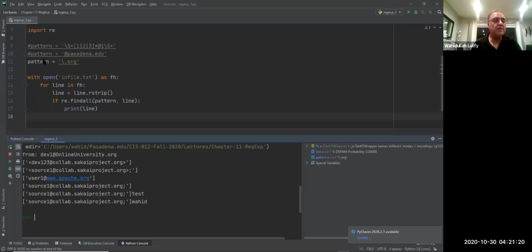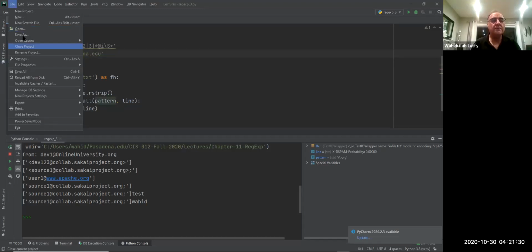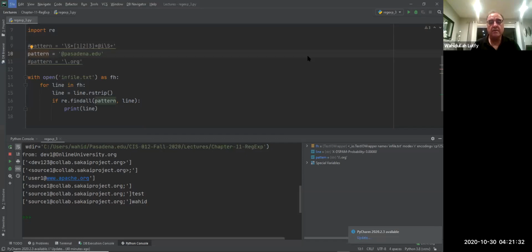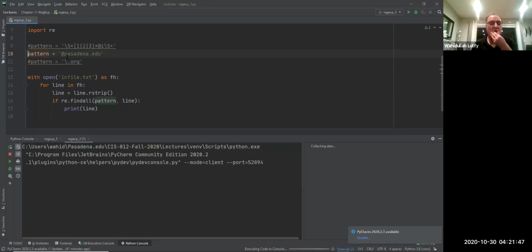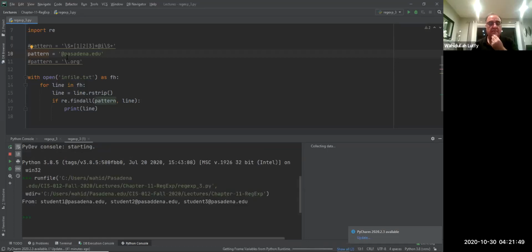So this time I'm going to run it with the pattern as pasadena.edu. Save it, and then since this is Pycharm, it's automatically saved, I don't need to save it. I'm going to run the same code, this time it's going to look for pasadena.edu. And then you can see that it finds pasadena.edu, a student, and so